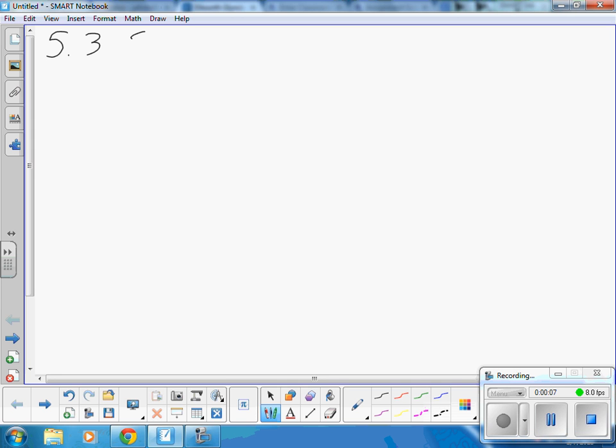5.3, solving multi-step inequalities. So first example,